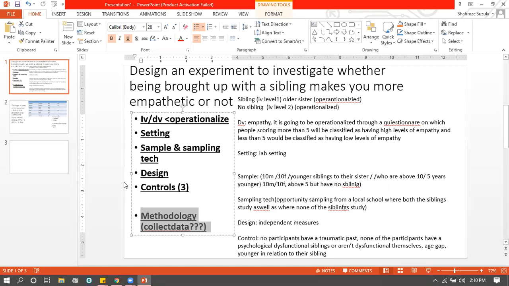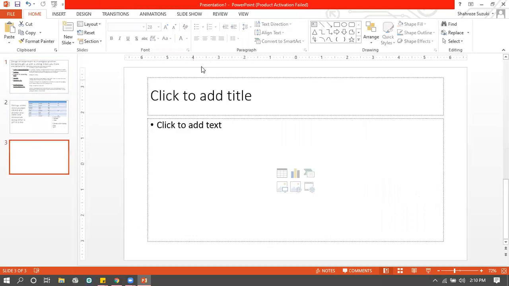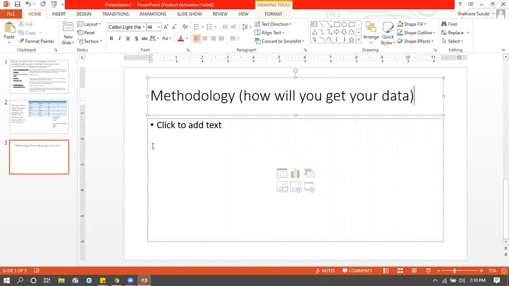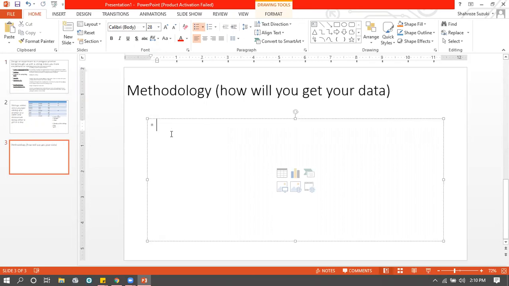All right, so now we're going to dive on to what methodology is. In your A level vocabulary, methodology means basically how will you collect data, and then how will you record your responses? In your syllabus, there are three types. Either you're going to conduct interviews with people, or you're going to make them fill out questionnaires or forms, or you're going to observe them. There are three ways, and all of the three types have their own